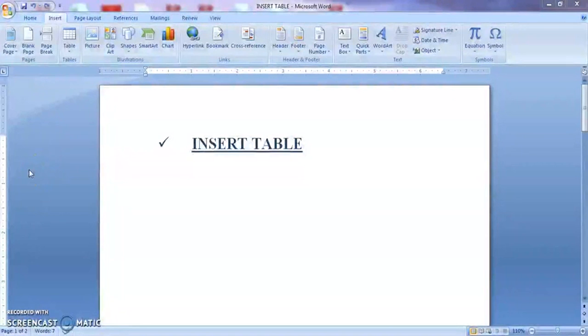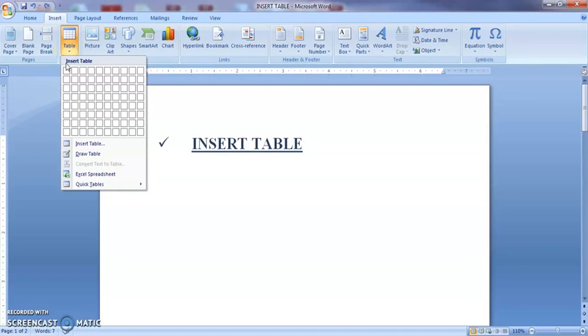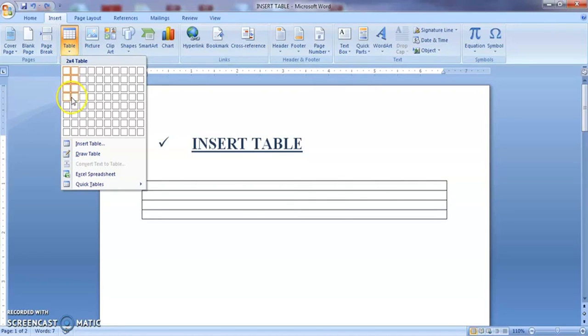There are about 3 options available in Microsoft Word to create a table. Initially you have to go to the Insert tab, and under the Tables category you can find the Table option. Just click the drop-down button, you will get the Insert menu, in which the first section gives the layout of the table. It is a combination of rows and columns.